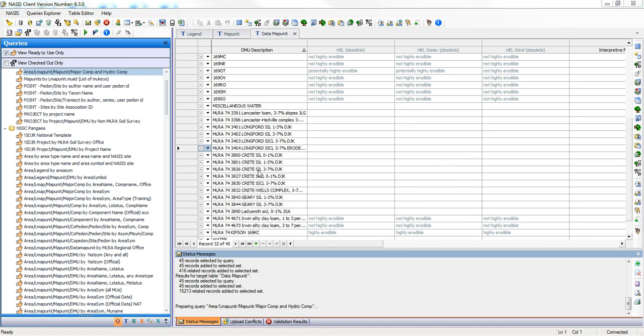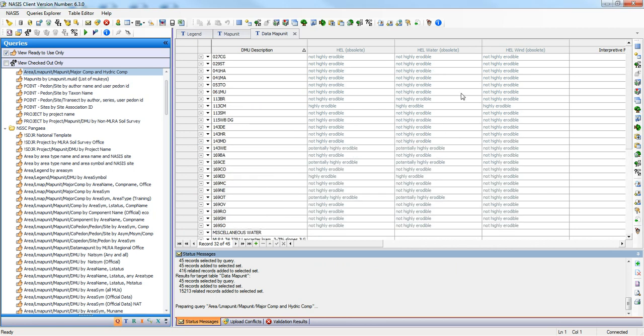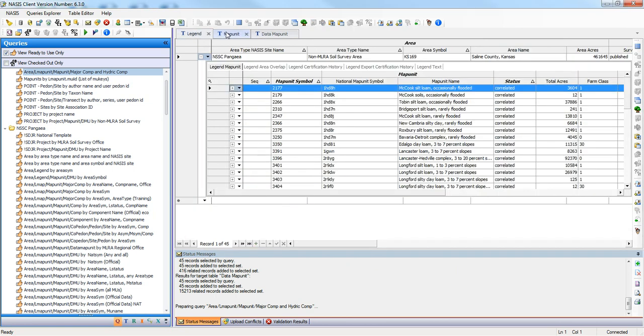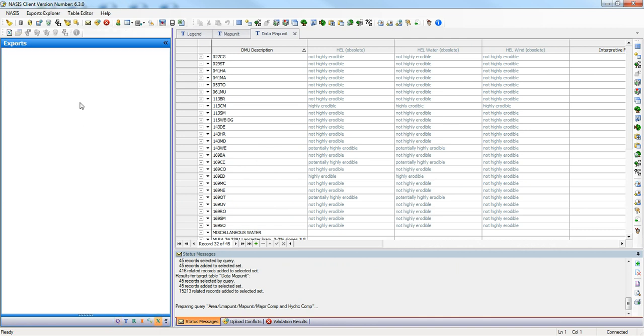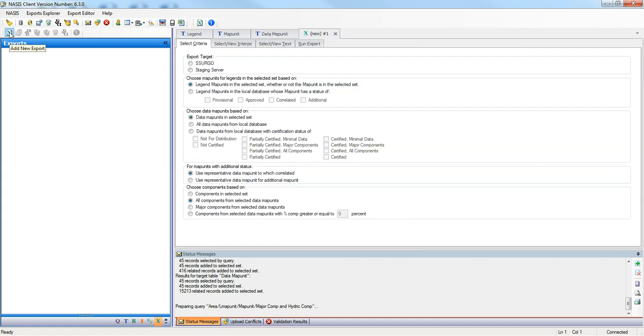Okay, now returning back, we're going to use this particular suite of data, all 45 map units and all 45 data map units. And we're going to send those over to the staging server. The first step is you're going to choose the exports Explorer, and you're going to choose a new export. Now in some instances, after you've done this a while, you'll be able to go back and refer to a previous export, and that is in the documentation for that particular